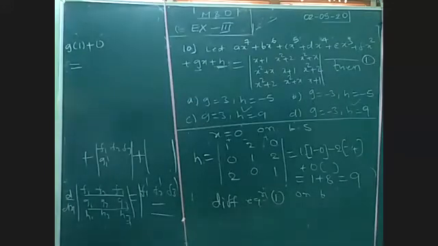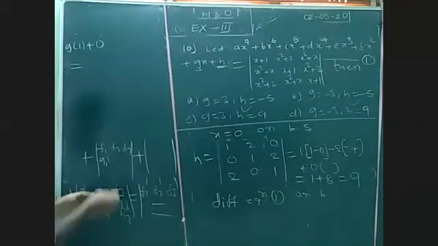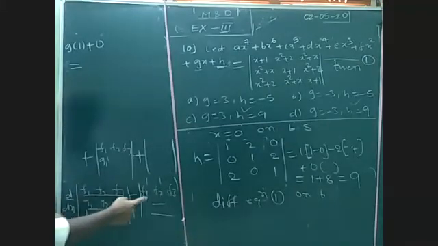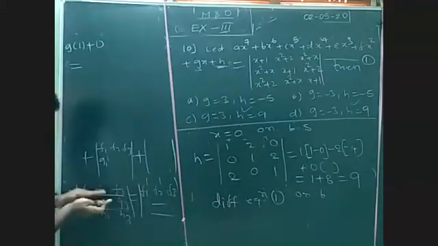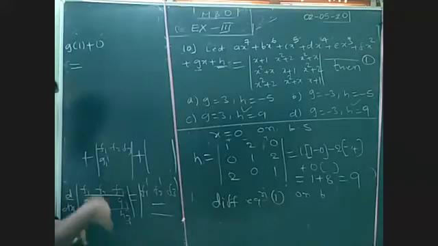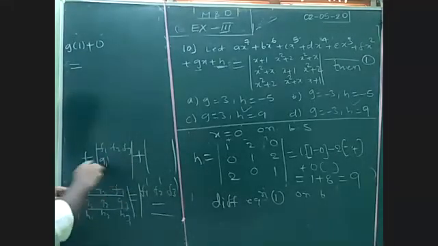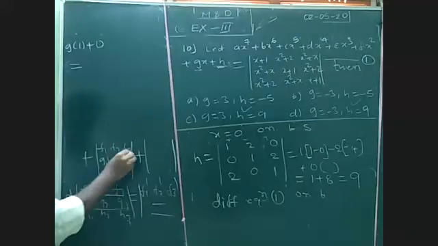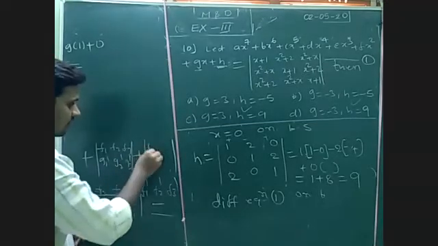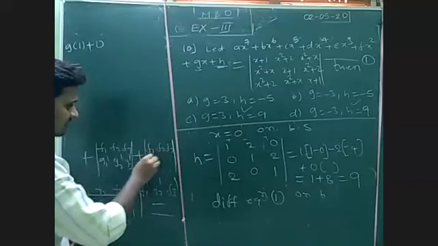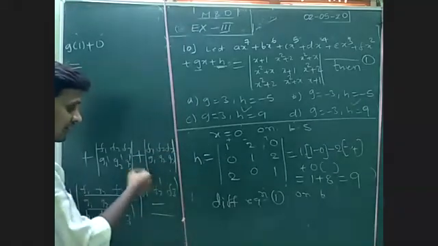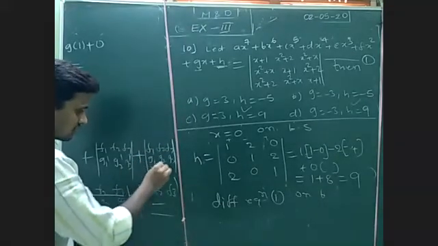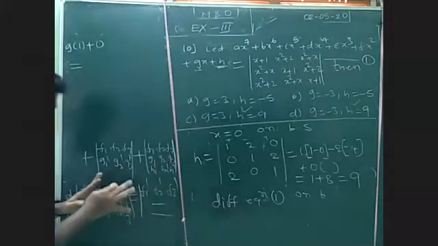So whenever we differentiate the determinant, first we differentiate the first row, keeping the remaining 2 rows as it is. Next, plus, differentiate only the second row and keep the remaining two rows as it is. Then in the third case, keep the first two rows as it is, g1, g2, g3, and differentiate the third row, h1 dash, h2 dash. This is the process.